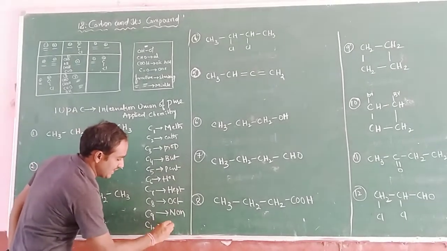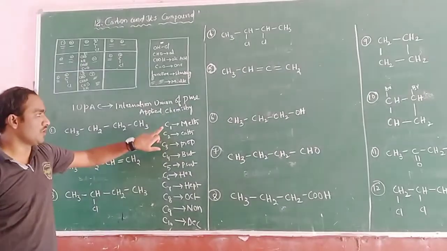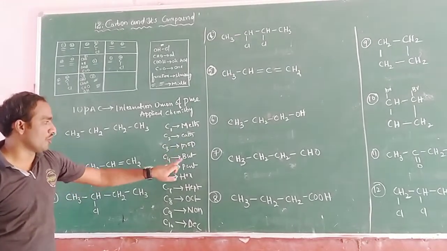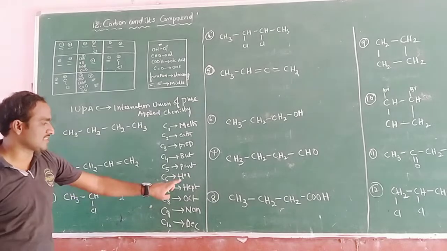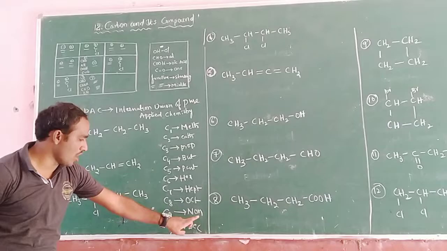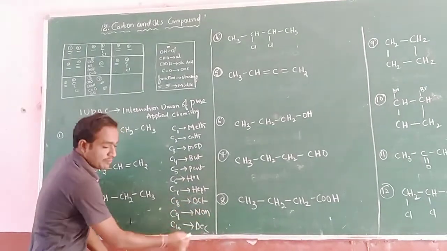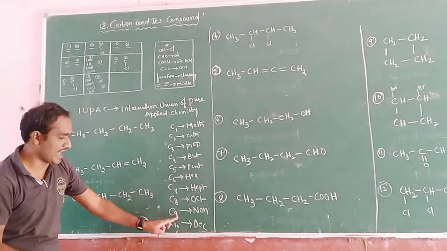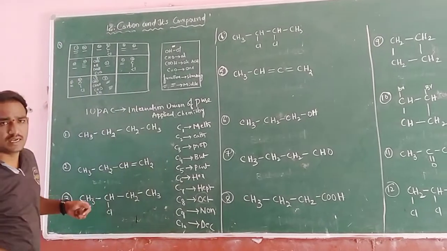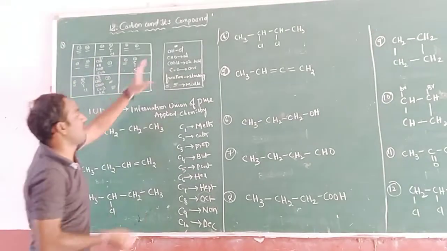number of carbons 10, dec. So here it is a very important point: if the number of carbons is 1, meth; 2, eth; 3, prop; 4, but; 5, pent; 6, hex; 7, hept; 8, oct; 9, non; and 10, dec. So October, November, December, like this: 8, 9, 10. And one more condition is here. We have to follow some instructions, that is a tabular form first and a tabular form second.